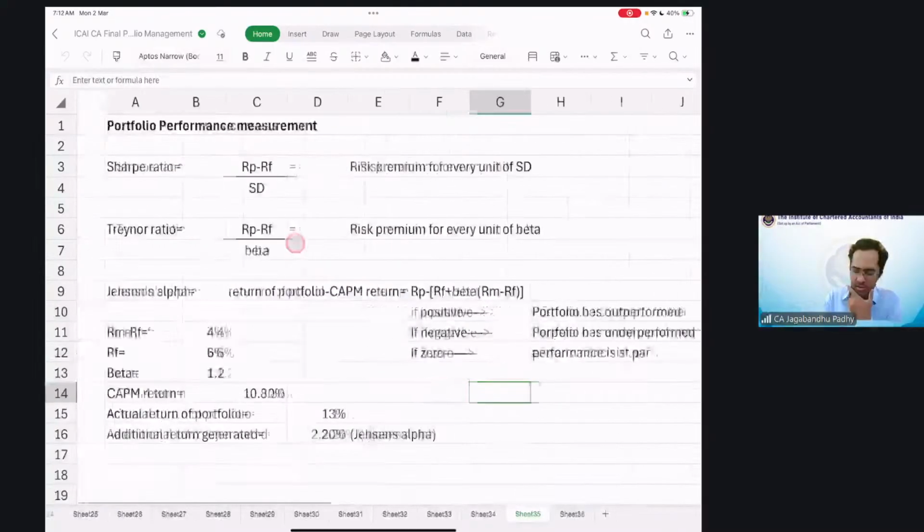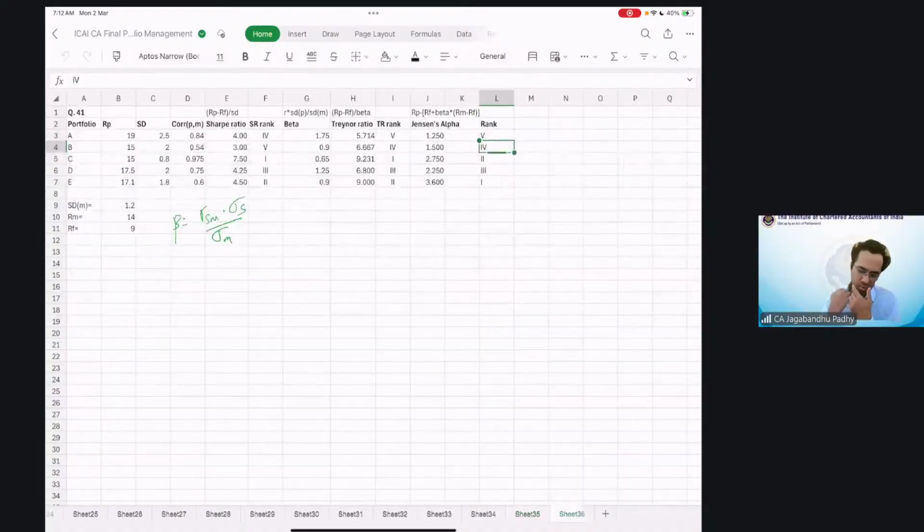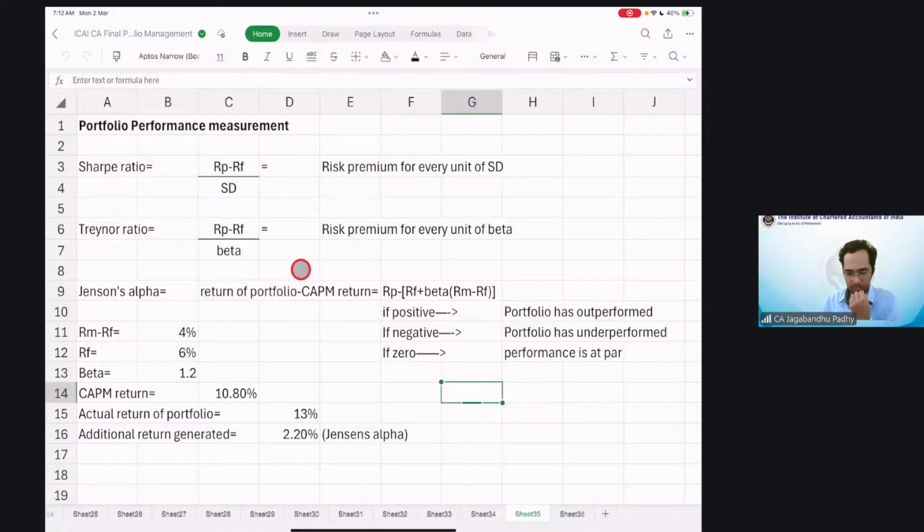And Jensen's alpha is the risk premium over the CAPM return. So it's going to be return of portfolio minus the CAPM return based on the risk, or based on beta. Now, this could also be a measure of whether the portfolio has underperformed or outperformed. If it is positive,